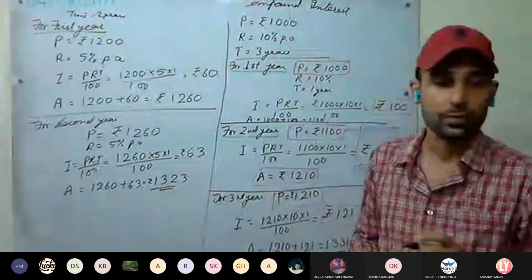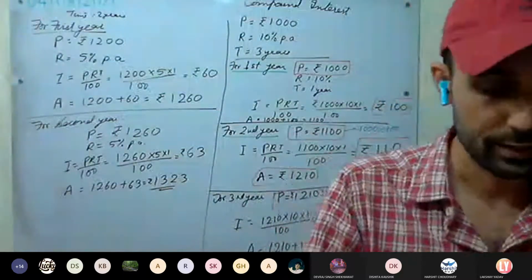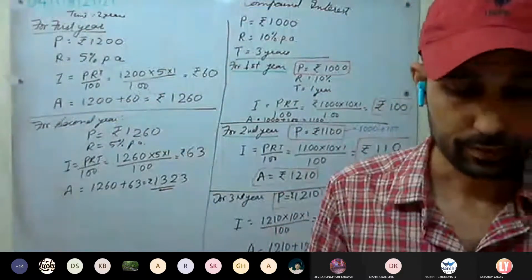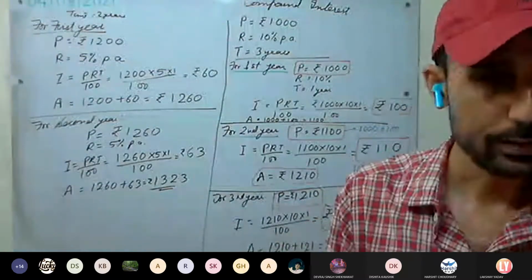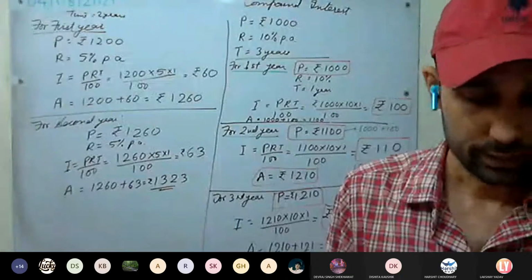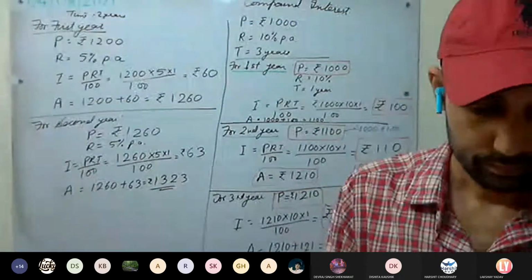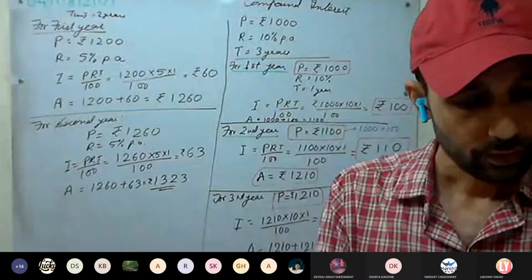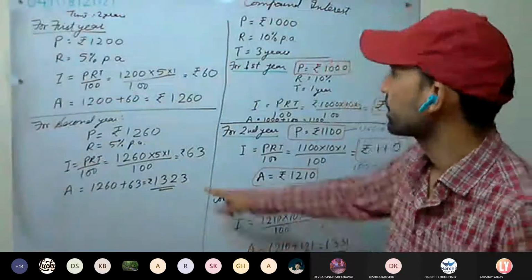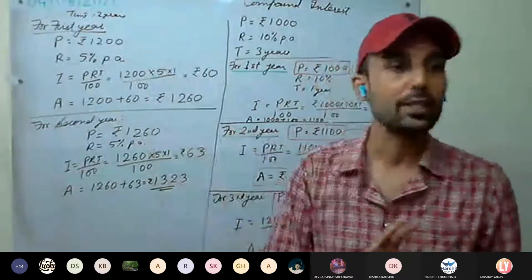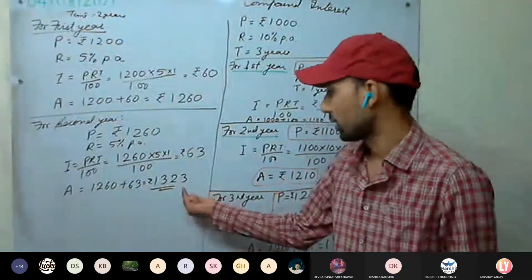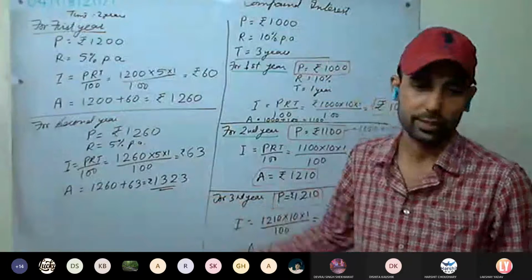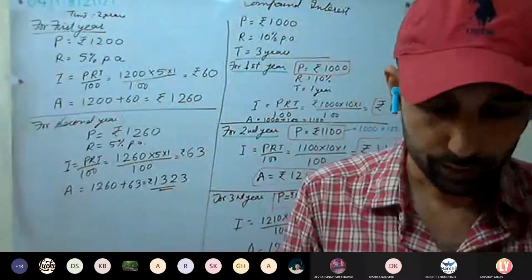Okay. Try second one now, everyone. Everyone has completed the first question. Okay, try second one. And sir, the compound interest is 123 rupees. In this the question they haven't asked, but if you want you can tell also. Compound interest is 123. In the third question they will ask.